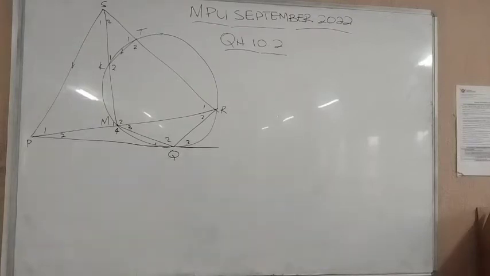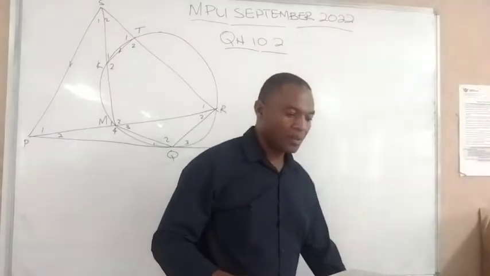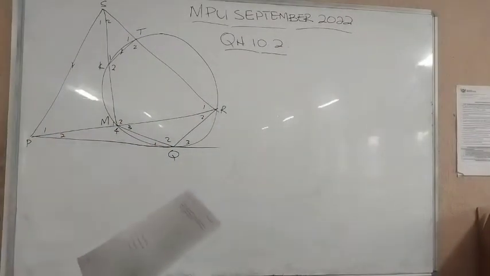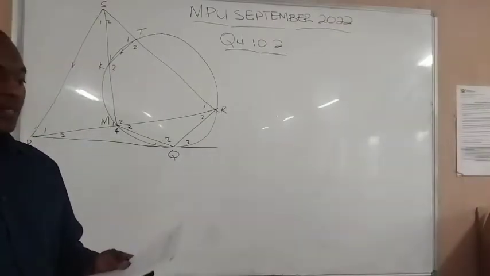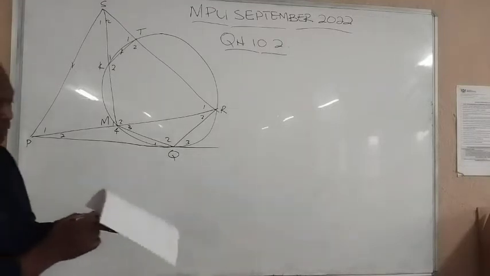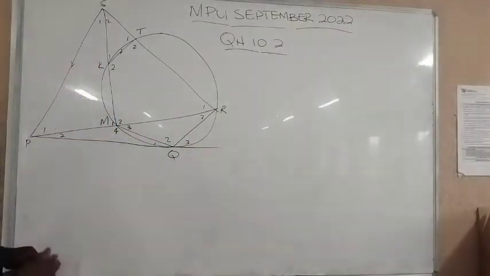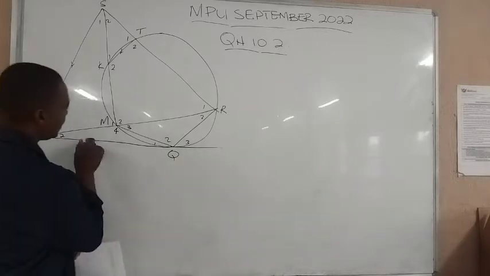Okay, grade 12s, let's look at question 10.2, the September paper. That is the last question. The question reads, in the diagram, PQ is a tangent. So PQ is a tangent, that's something key there. Obviously, you must know that if you are having a tangent